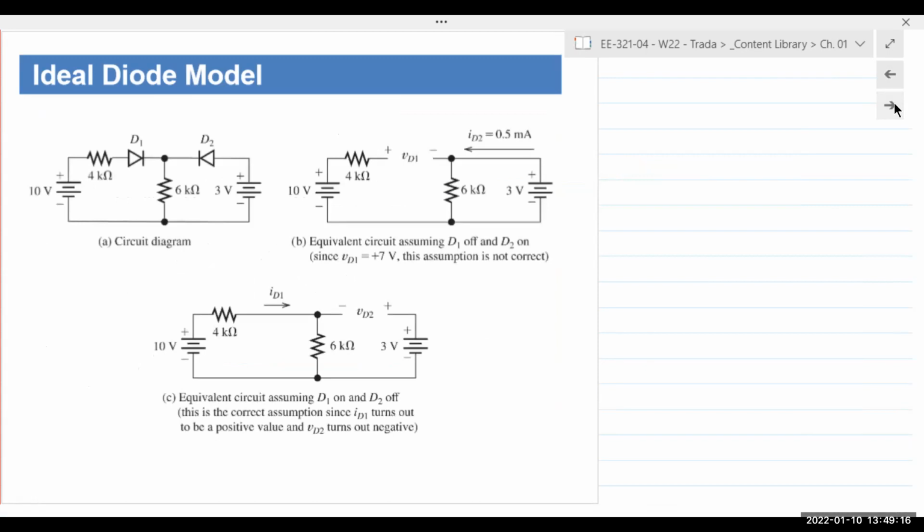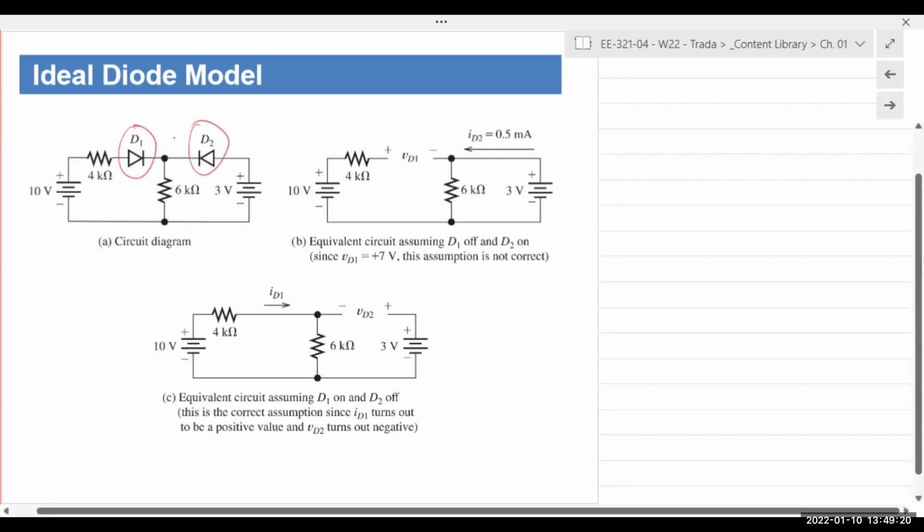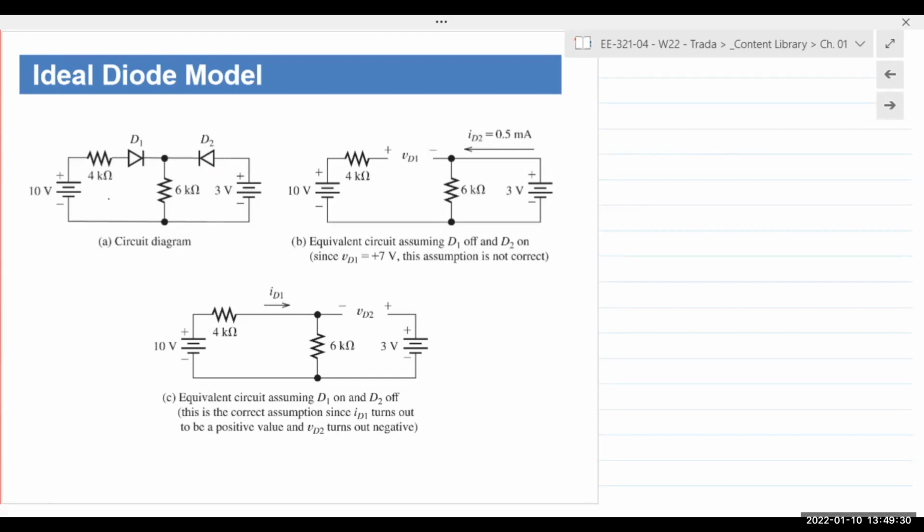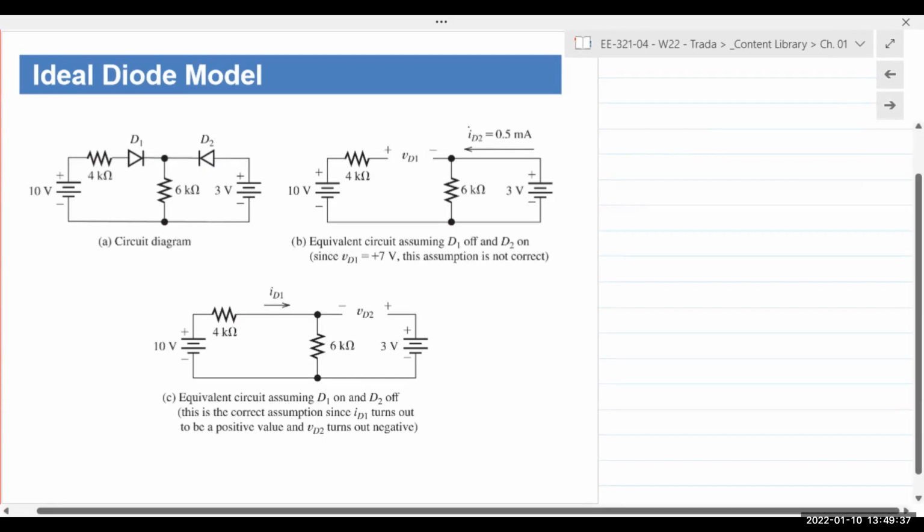If given a circuit diagram with two diodes, D1 and D2, two resistors, 4K and 6K, and two voltage sources, 10 volts and 3 volts, we are asked to analyze the circuit using the ideal diode model. So, if we first assume D1 off and D2 on,